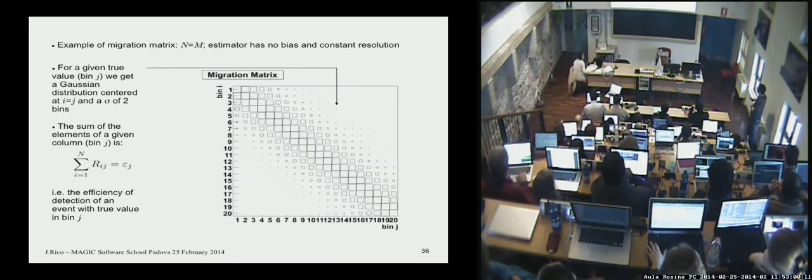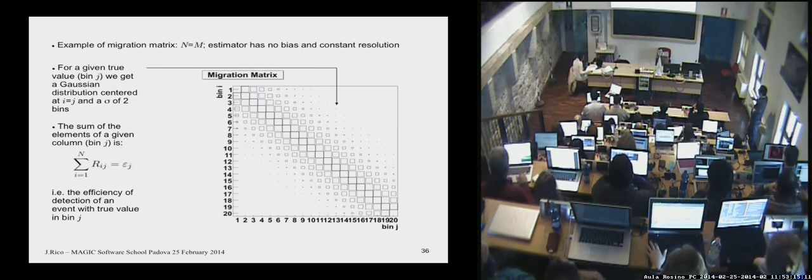Again, it is constant along the whole range. And if you fix a value of j, which means a true value, for example true energy, what you get is a one-dimensional Gaussian centered at y equal to j. And if you make the integral of this, or the sum over all the elements in a column,